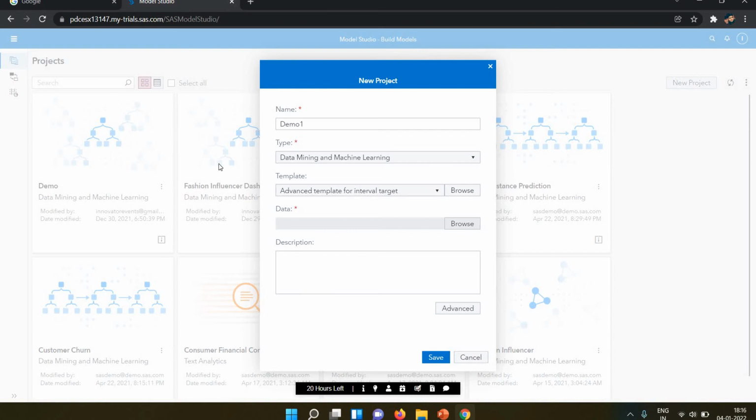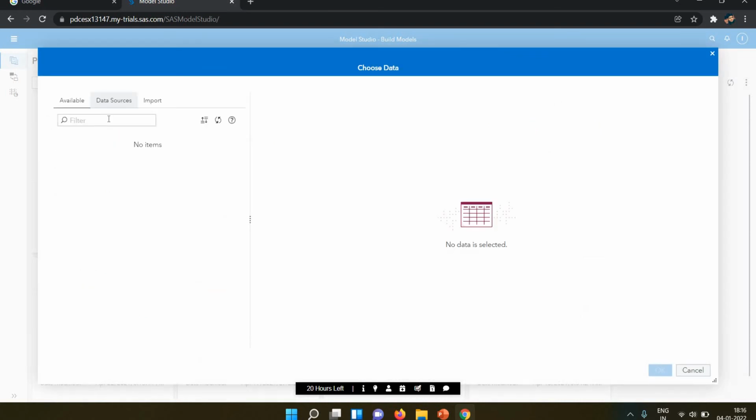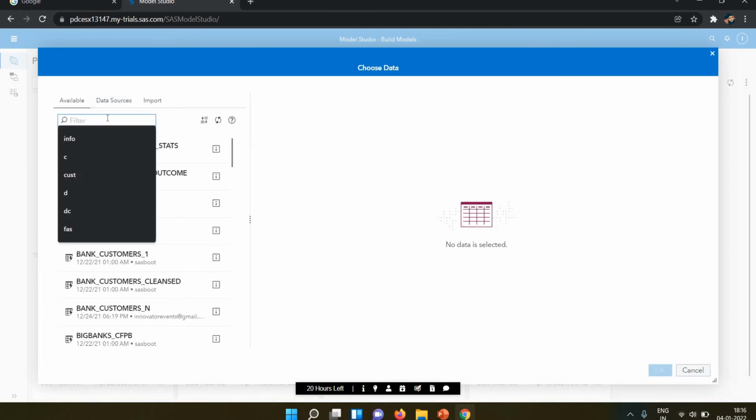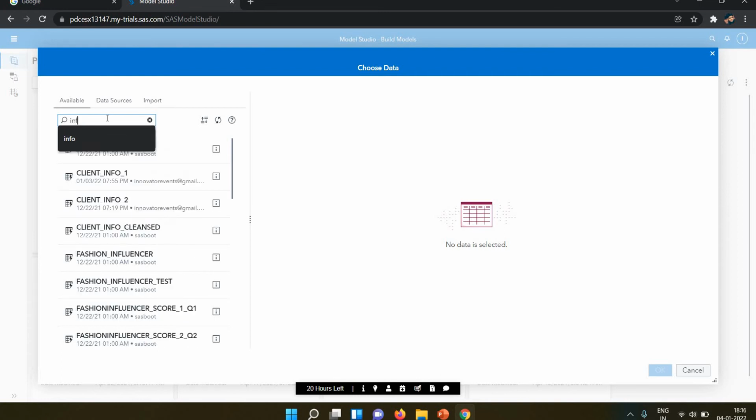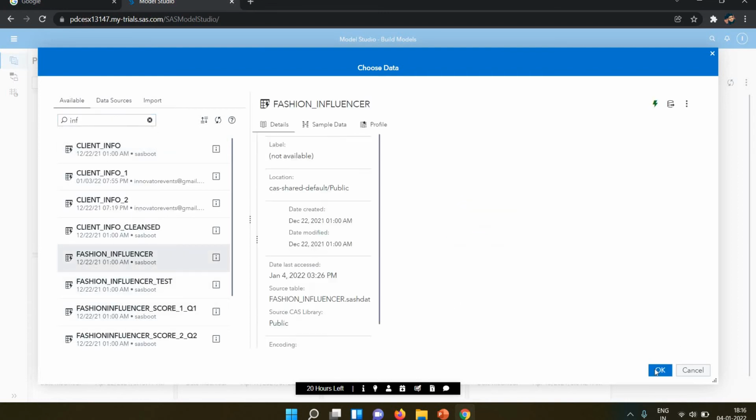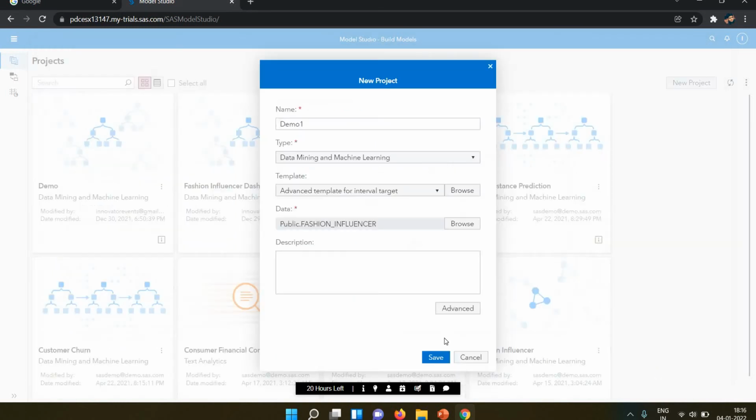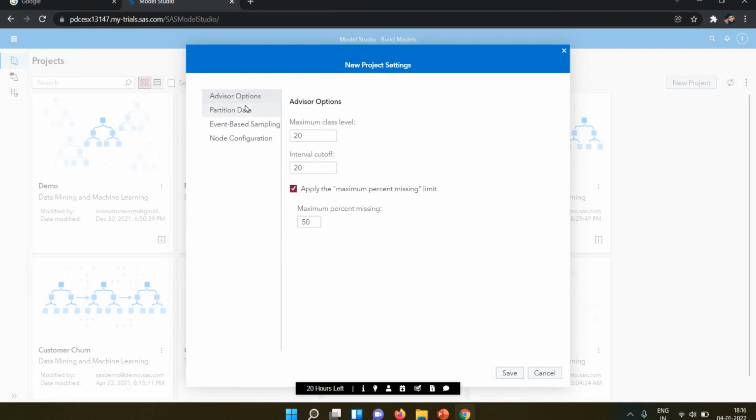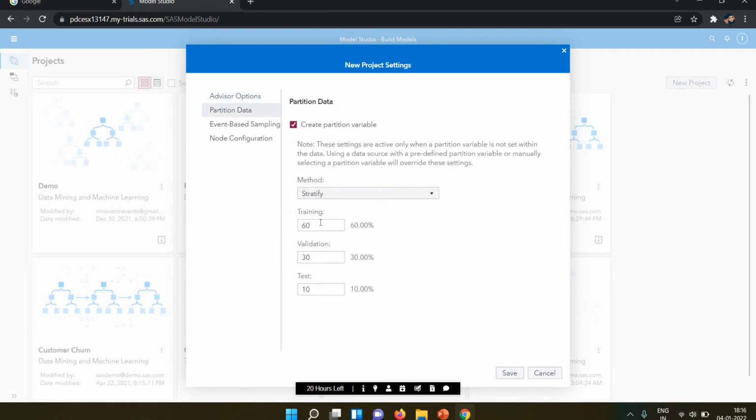Then select your data. Let's suppose I'm selecting the fashion influencer data. Let's take the partition of data as training 70 and test 0.